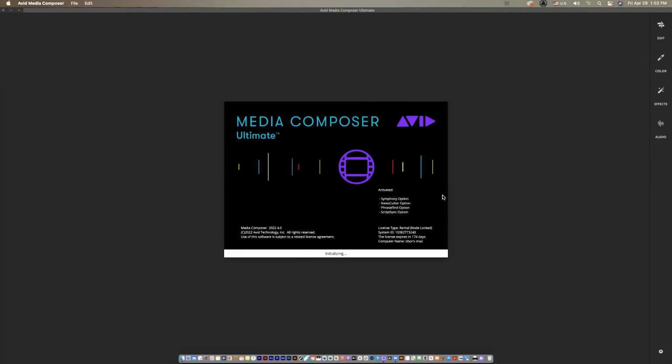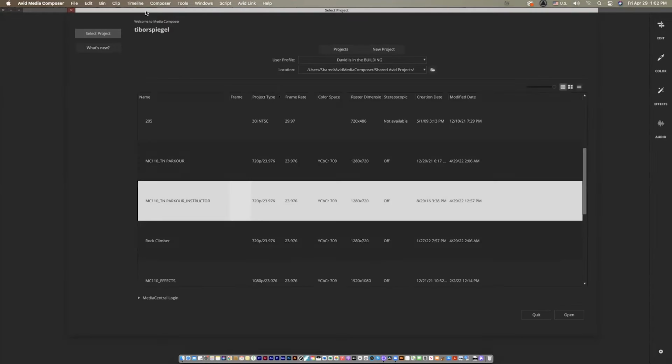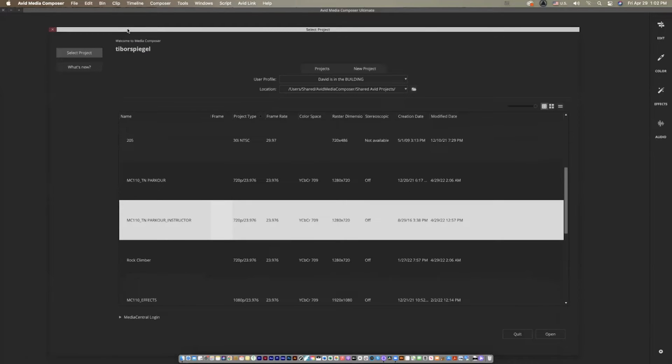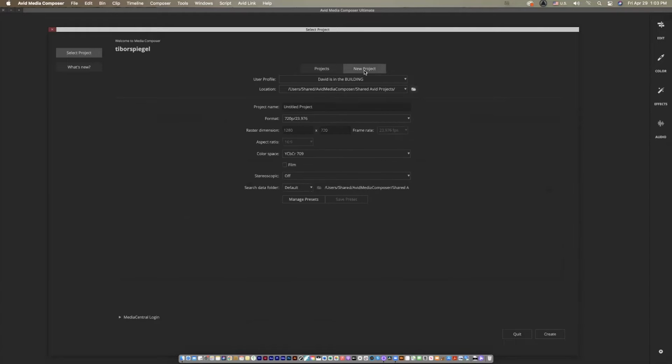So this version is 2022.4. When you open up Media Composer, you have to, at the beginning, define and identify what the project is going to be. I do have some preset projects, and I'm going to go back to that. But for right now, quickly, here's the breakdown of how the project is started. If you click on the icon button that is the new project, the dialog box comes down